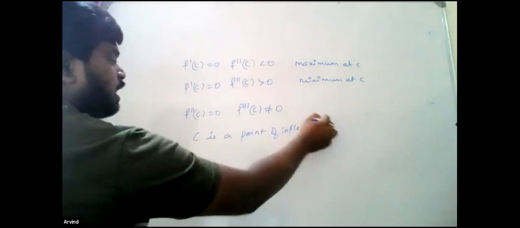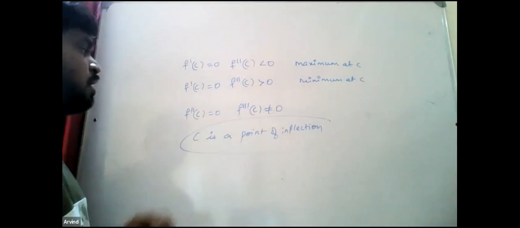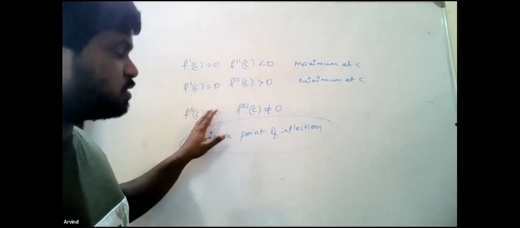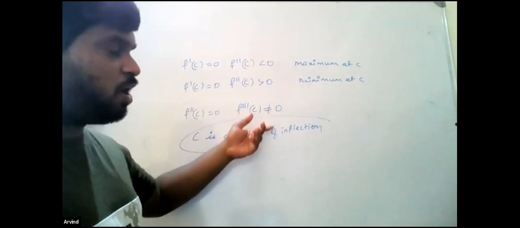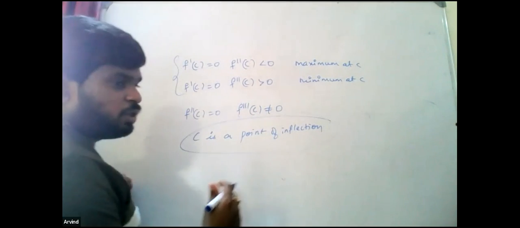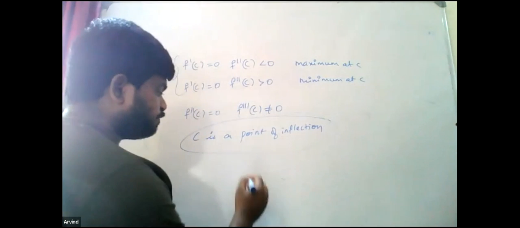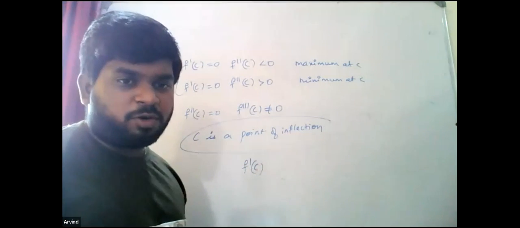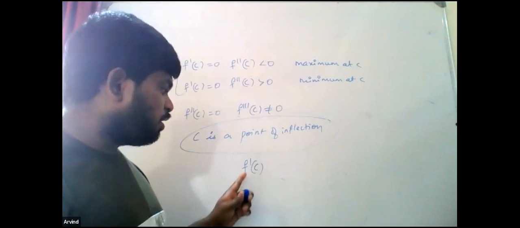Okay, remember this. They'll ask you to find the point of inflection. So what you have to do is, f double dash of c is 0, suppose f triple dash of c is not 0, then this point c is called as point of inflection. Okay. Apart from this, these two things are very, very important. Okay. Sometimes what happens is you will not be able to check. Okay, f dash of c is not defined, or you are not able to find the critical values. Then what you have to do is